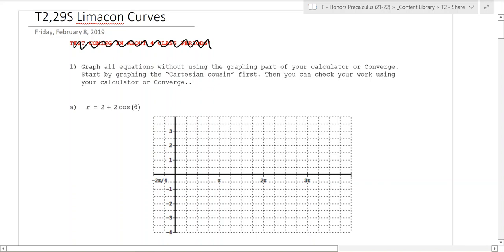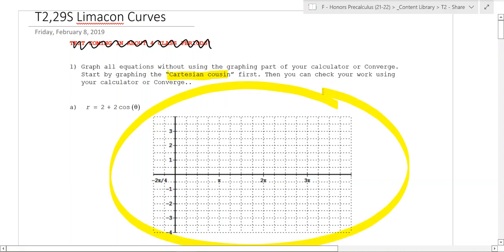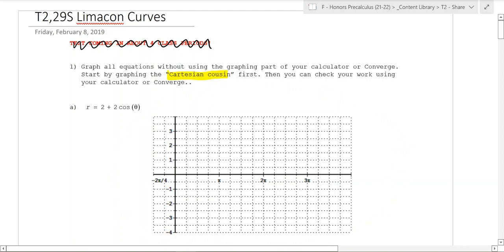Today we're going to talk about another polar function type called Limacon curves. We're going to graph these by first drawing the Cartesian cousin, I guess is what we're going to call it, of the polar graph. So we're going to plot out the points in the Cartesian plane and then plot them on the polar set